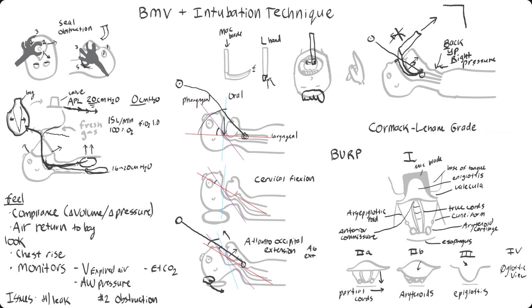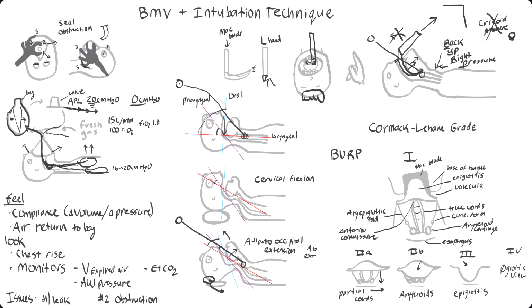Back, up, right pressure. This is pressure that you apply to the neck, but it is different than cricoid pressure. So it's not the same thing. Cricoid pressure is pressure that you apply to the cricoid cartilage in an attempt to squish the esophagus and prevent gastric content regurgitation. Again, the BURP is applied to the thyroid cartilage, and it's in an attempt to improve your view for